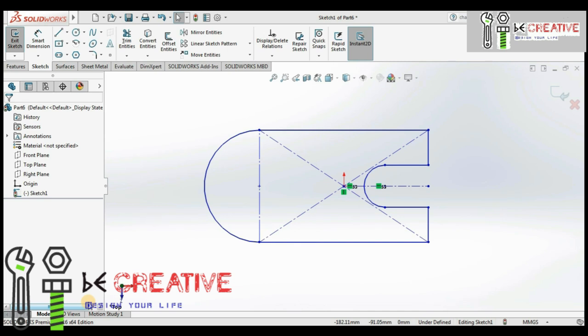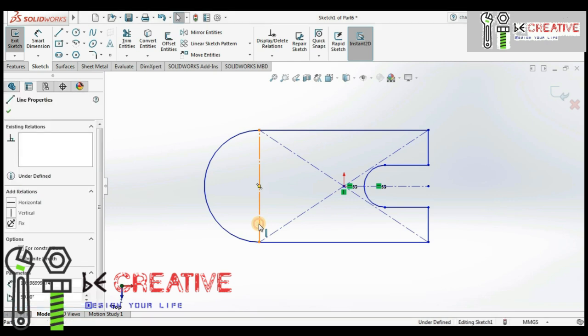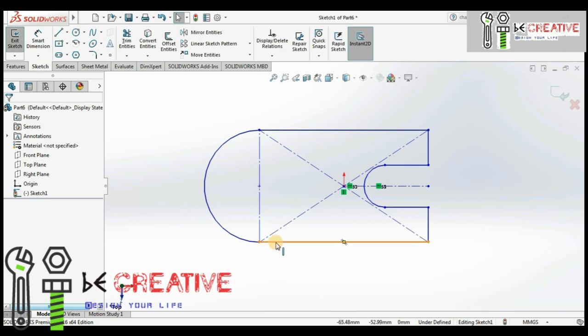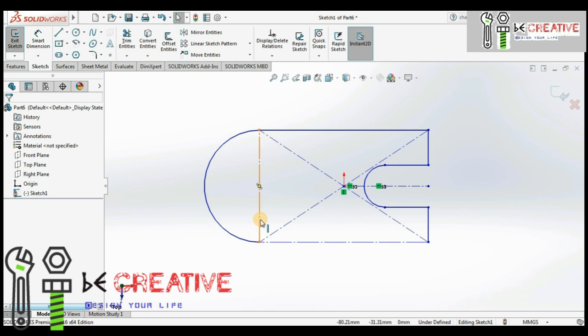In this video, we are going to learn about some of the additional lines like construction line. In this sketch, as you can see, there are both normal lines as well as construction lines. If we want to convert a normal line into a construction line, initially we have to select the normal line. As you can see the options at the left side of the screen, and we have to select that option as for construction. As you can see now, the normal line is converted into